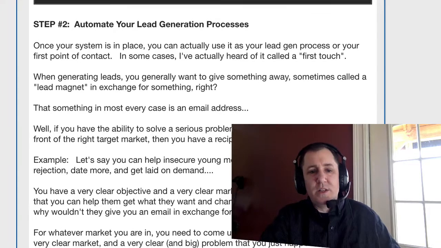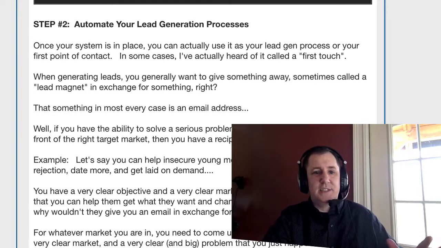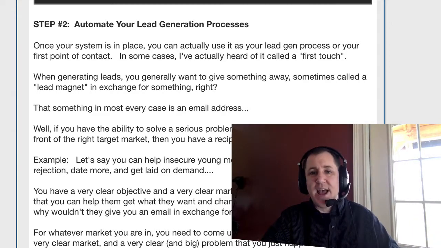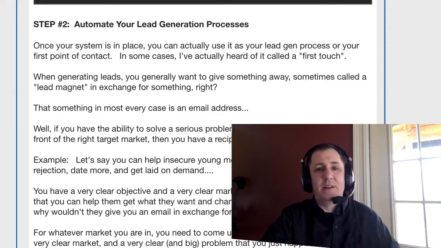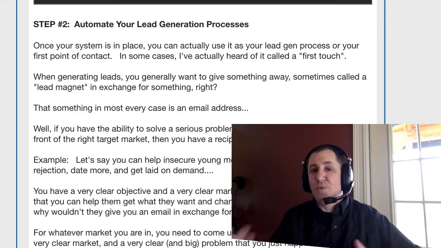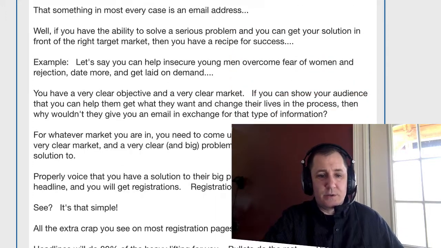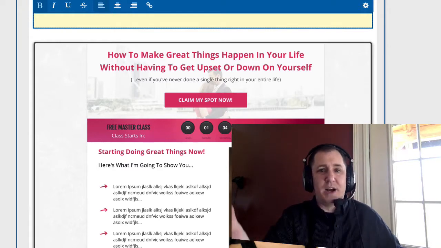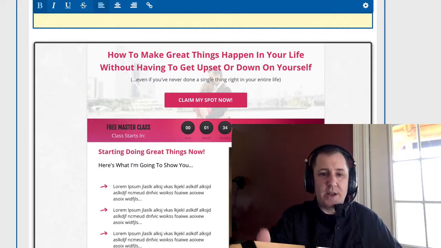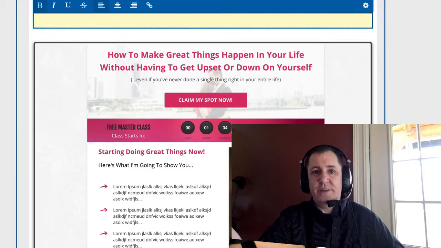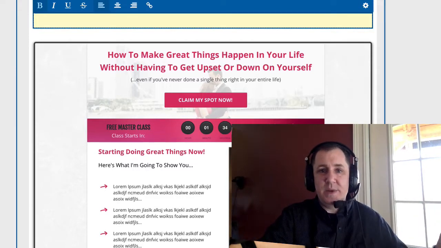process. Where this whole process starts, before it ever gets to the registration page, is Facebook or LinkedIn or Twitter. You're running some paid ads, or you send out an email to your list, and then you drive people into your system. You want them to register for a webinar, but your registration page might look something like this. If you're using warm traffic, you might just drive people to a page with a video on it, or if you're a service provider, a page with an explainer video on it, and then at the end have a call to action that says sign up now, click the button down